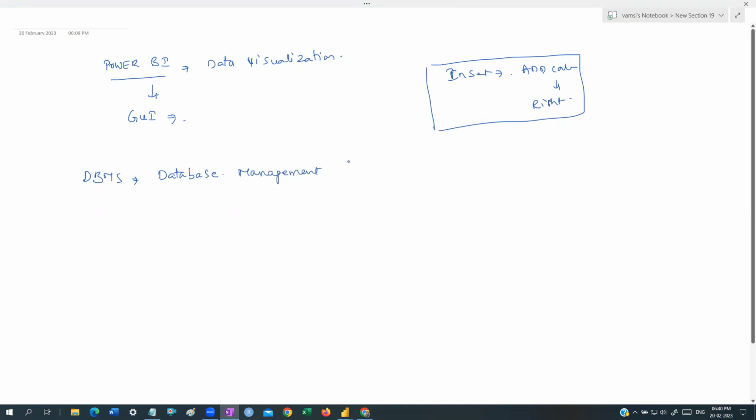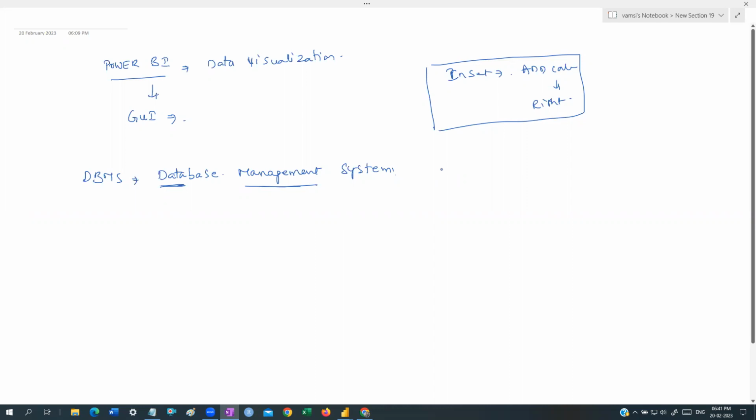We're not starting from scratch actually, guys. Like what is data, what is information, why should I store it? I'm not starting from that basic level. Directly I'm starting with DBMS, a database management system, guys. What is a database management system? It is nothing but a subject or a concept which deals with management of data. Simply, we can also call it data management. What do you mean by data management, guys? The skills that are required to store the data. Today, why are you storing the data, guys?